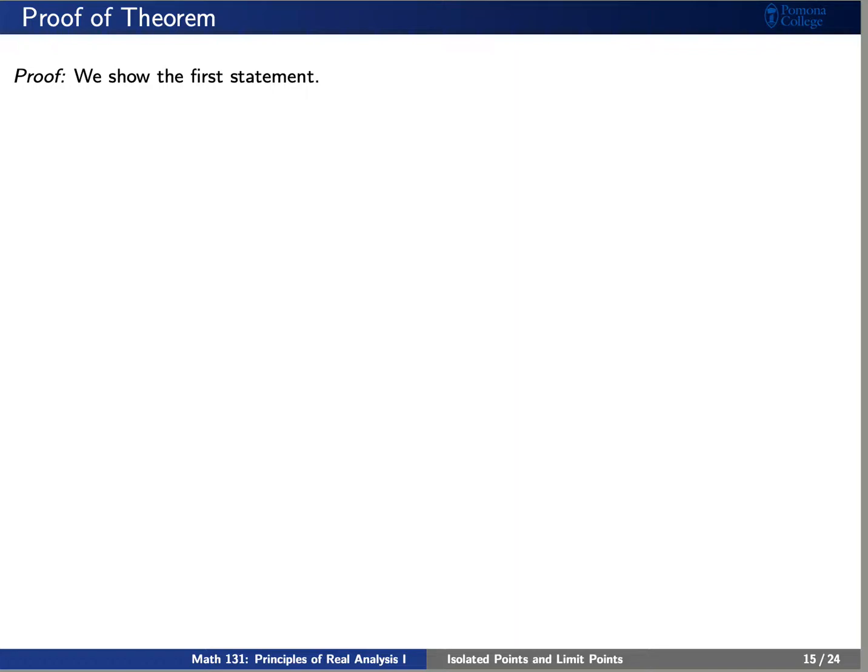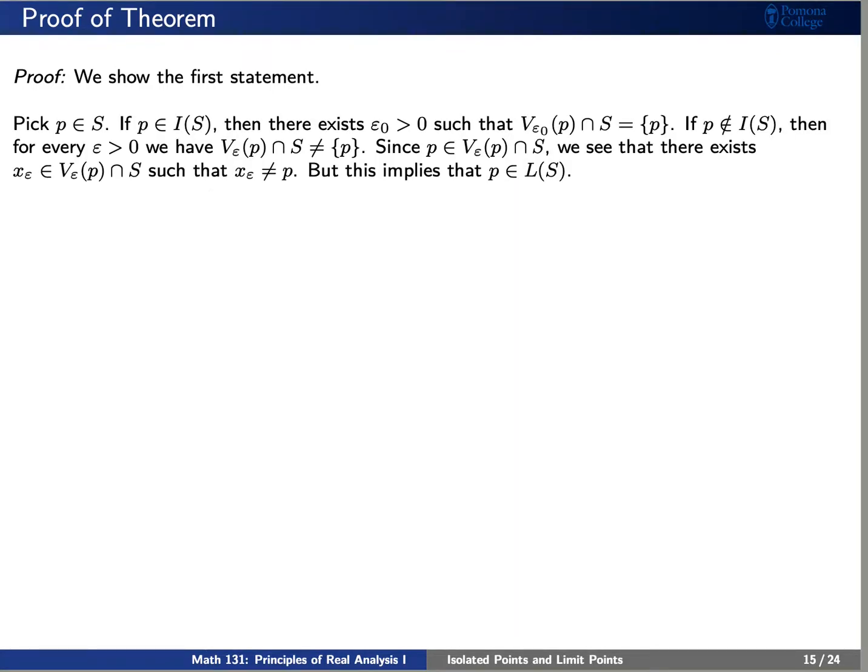We'd like to prove the theorem, so first let's prove the first statement. Let's pick a point P in S. We'd like to first take a look to see, is this point P in either I of S or is it in L of S? Well, if P is in I of S, then there's really nothing to show, but let's observe that